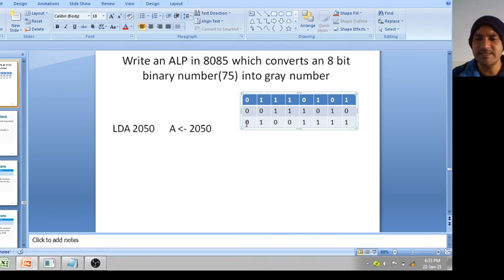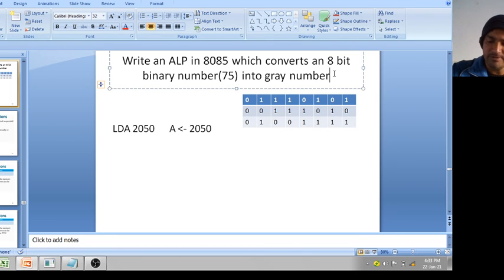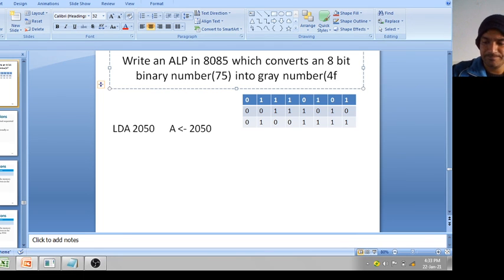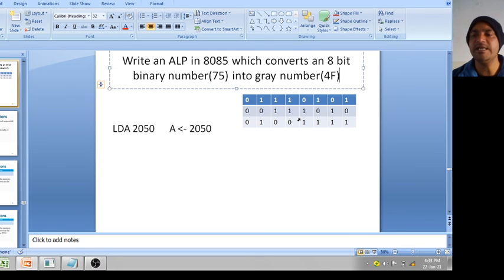So what will be the answer? Suppose you are storing at 3050 memory location. Answer will be 4F. This will be your resultant data.